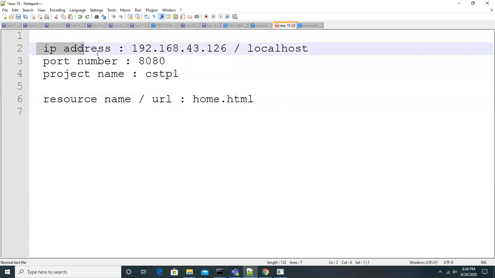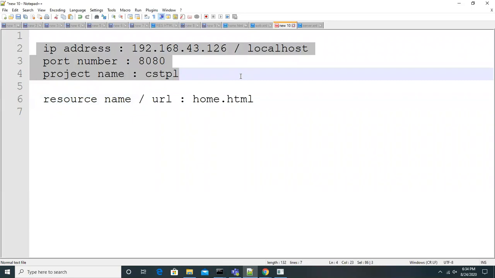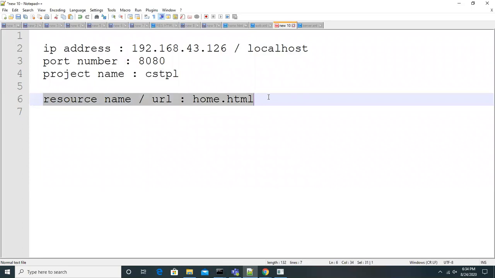Okay. Till now you will have everything for the project. If you are trying to access the same project, till these three points always use the same, but the resource or URL will get changed. If you want to access home.html, you can access it. Otherwise, if you want to access some other resource, you can. For now I use a name as the resource, but the URL concept we will discuss when we talk about servlet and mapping and all. There you will easily understand it.